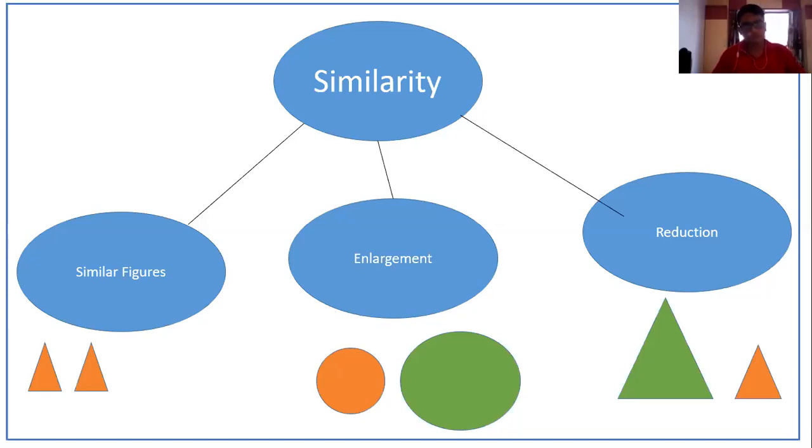Now, similarity is not always that we are just reducing something. It can be enlargement, right? Suppose you all are geography students. You all work on maps. You all work on the India map, right? The India map that you have in your notebook and the map that you have in actual, what is this? So the map in the book is the reduction of the actual map of India. Am I correct? Is it understood? Yes, ma'am.